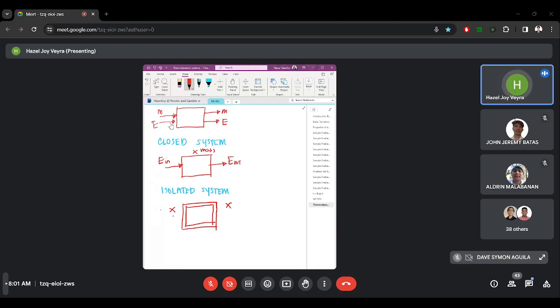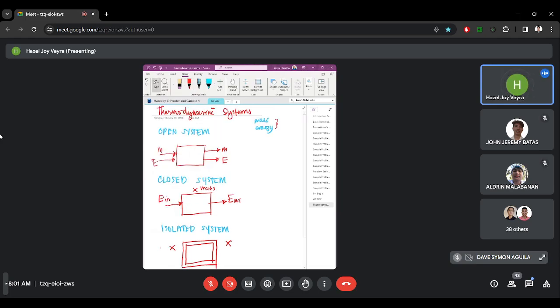So in this case, we can say that in an open system, our mass na pumapasok dito is equal to the mass na lumalabas from the system. For a closed system naman, so the internal energy in a closed system can be calculated as the heat